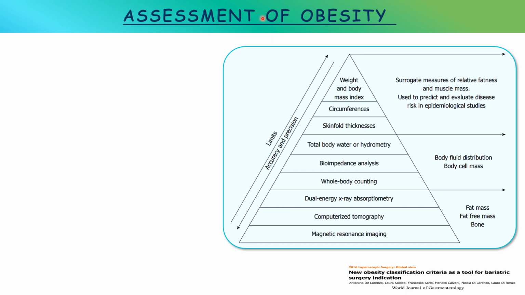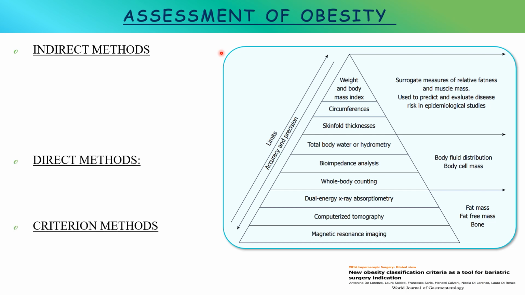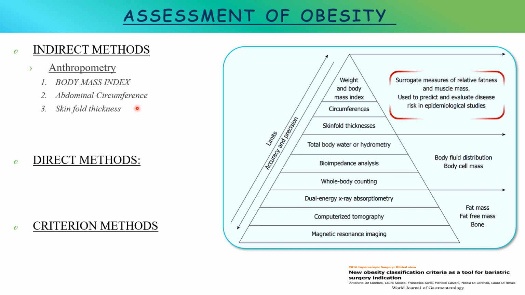So moving ahead with assessment of obesity. Obesity can be assessed in three ways: the indirect methods, direct methods and criterion methods. Indirect methods include assessment of body mass index, abdominal circumference and skin fold thickness. These methods are very accurate and precise, and therefore these methods are used to predict and evaluate the disease risk